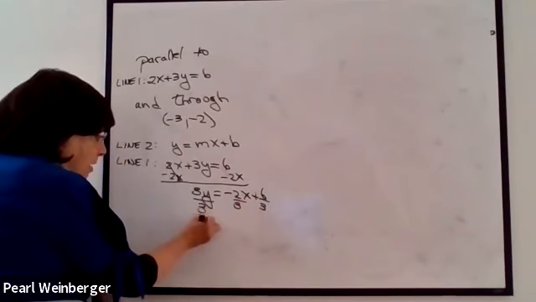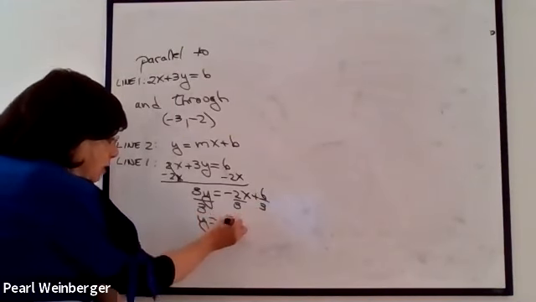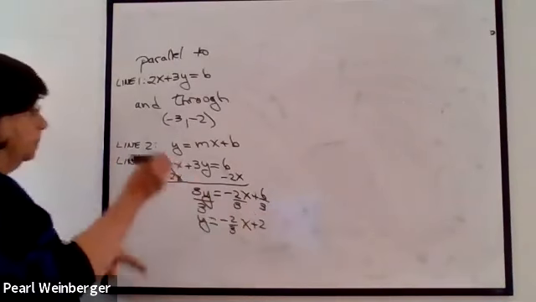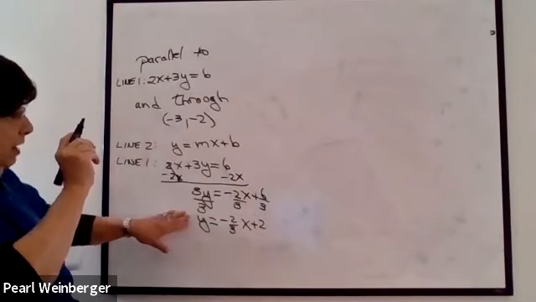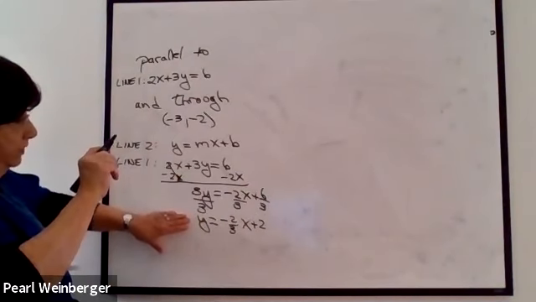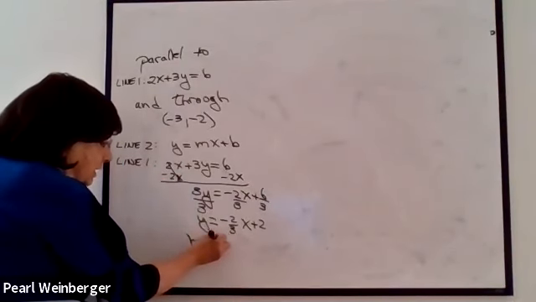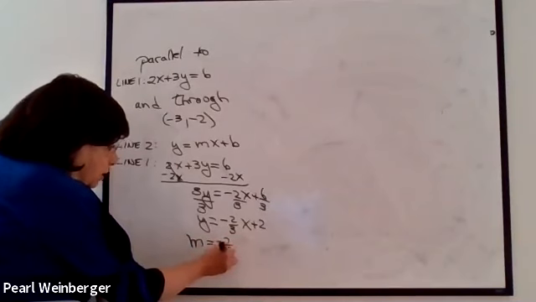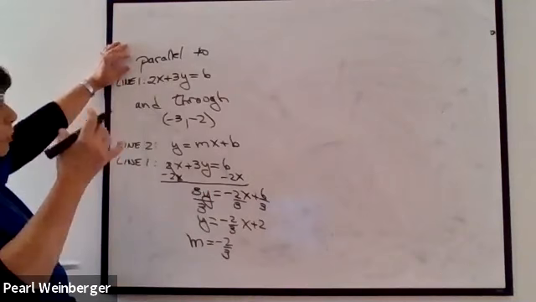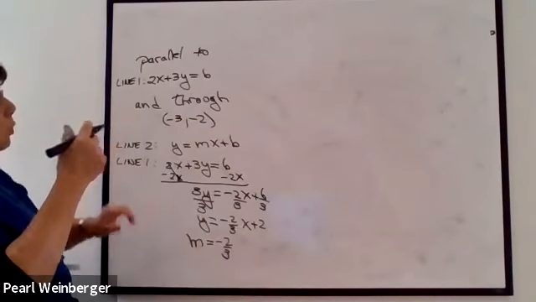So that line 1 in simplest form is y equals -2/3 x plus 2. And now that I have this in slope-intercept form, in y equals mx plus b form, I know what my slope is. My slope is -2/3. The original line, the line that I gave you the equation for, has a slope of -2/3, which means,